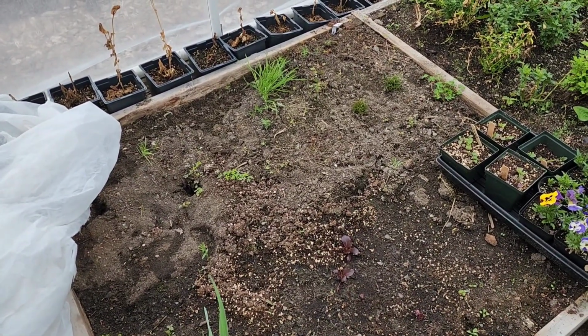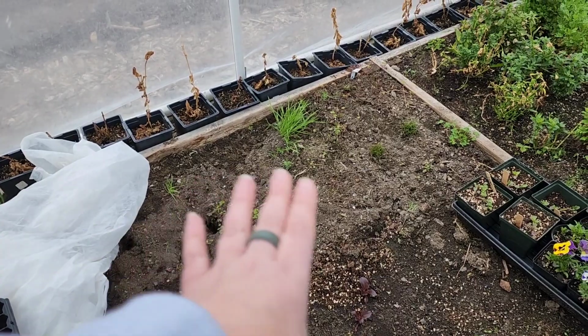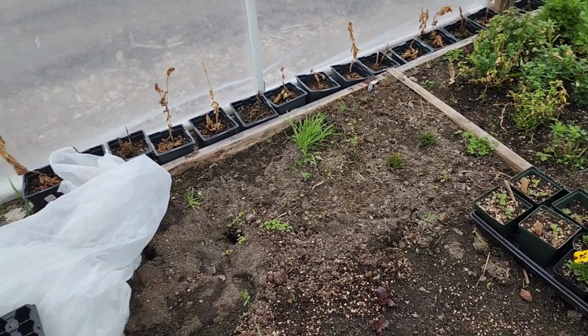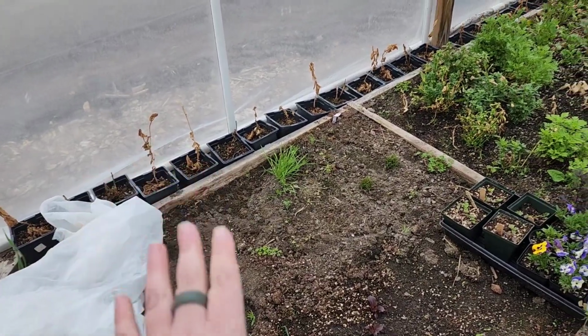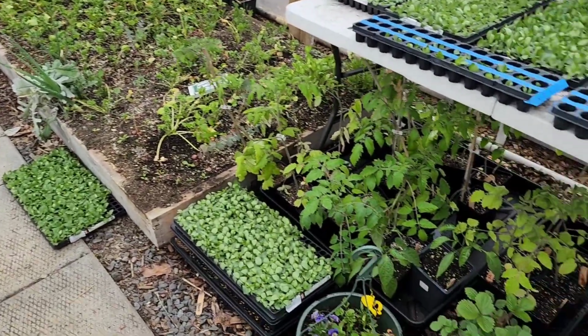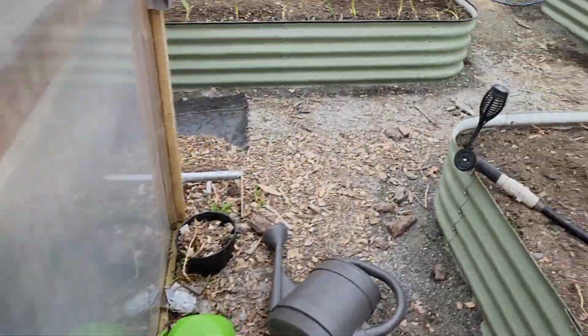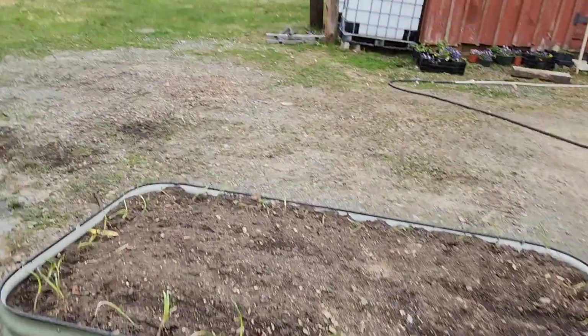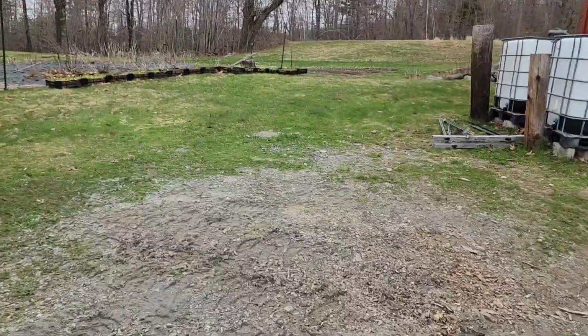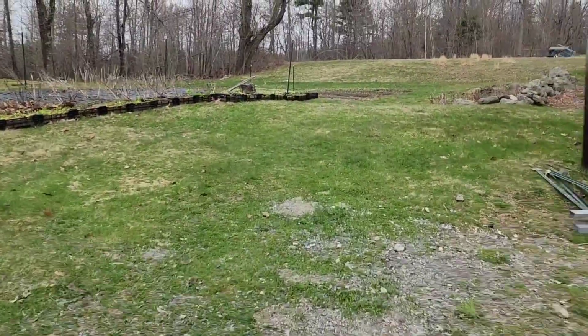But all this soil needs to be reworked and helped at this point. Plus there's a ton of weeds in this front bed that I'd like to take care of. Coming out here, hopefully it doesn't pour on me over here, but